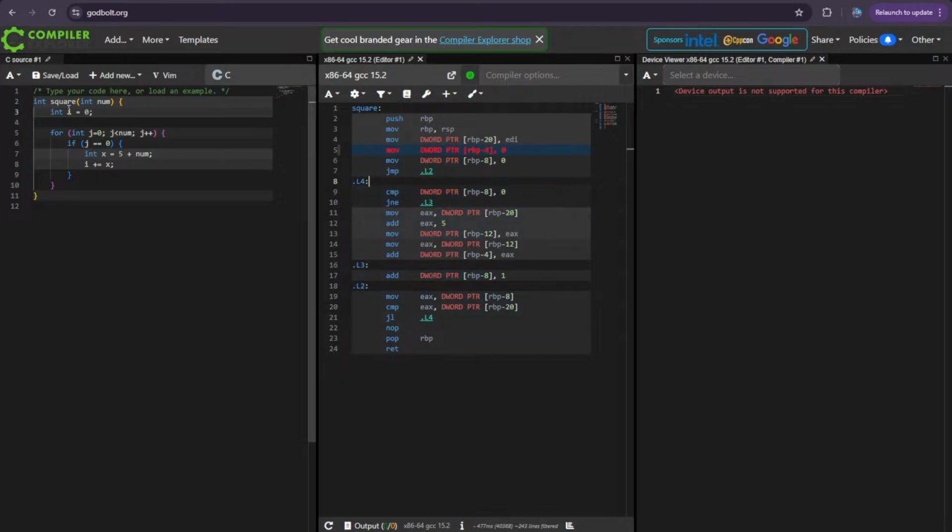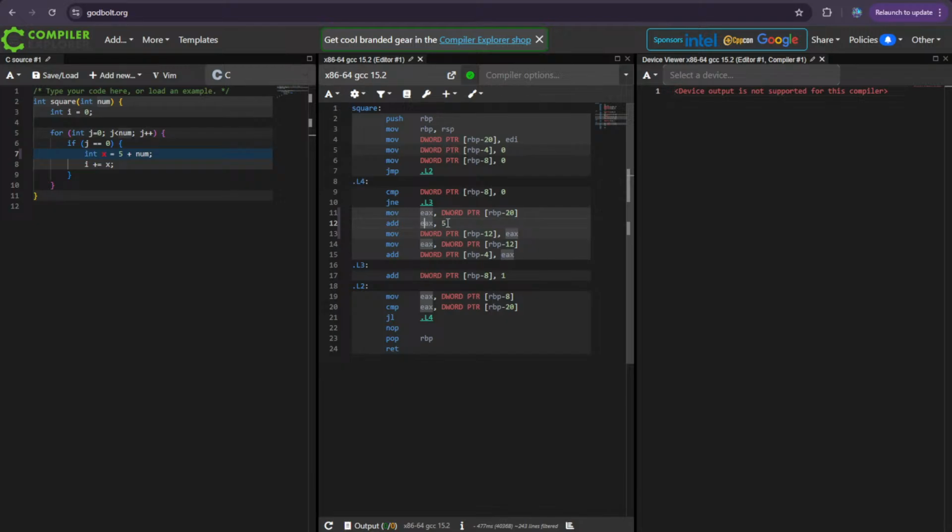So what I tried to do here is see what happens if we add another local variable in here, and how that affects things. Here we say x is equal to 5 plus num. So we're using ex, which is like a general purpose register, to store num. So ex is taking the role of num here, in the register,